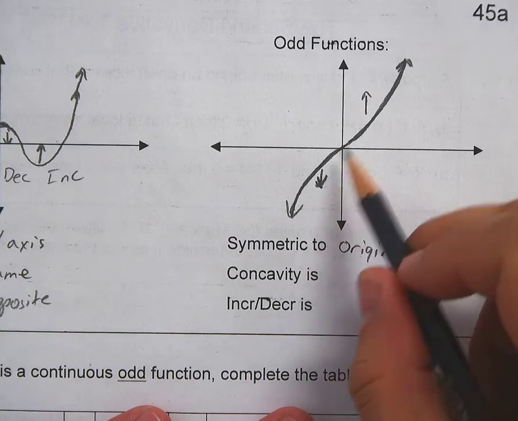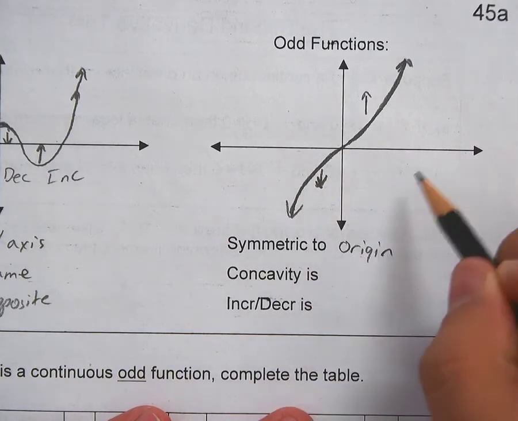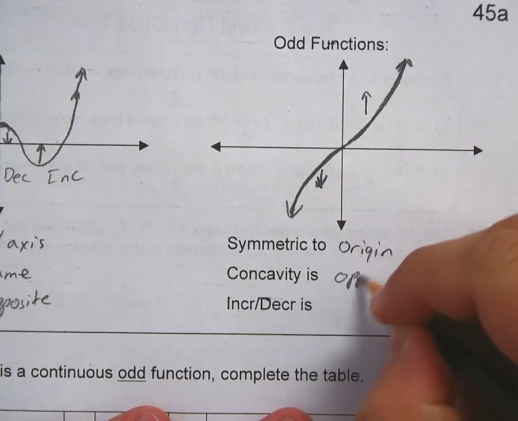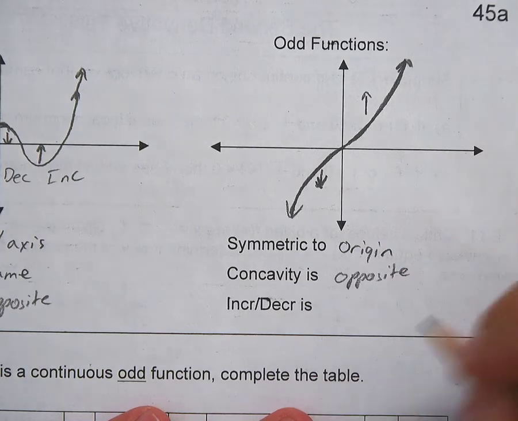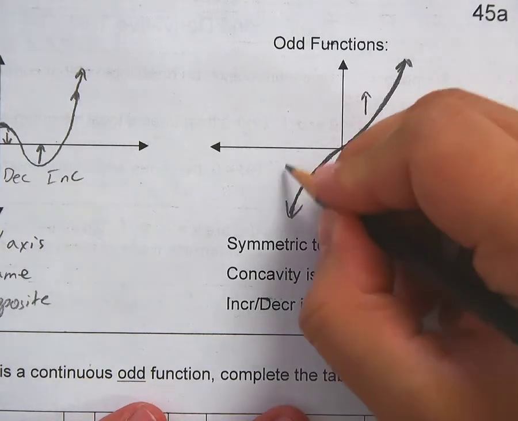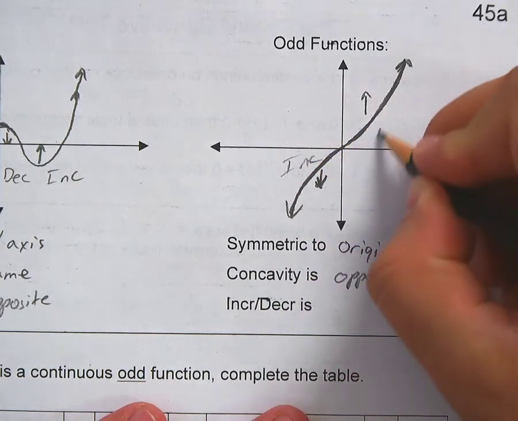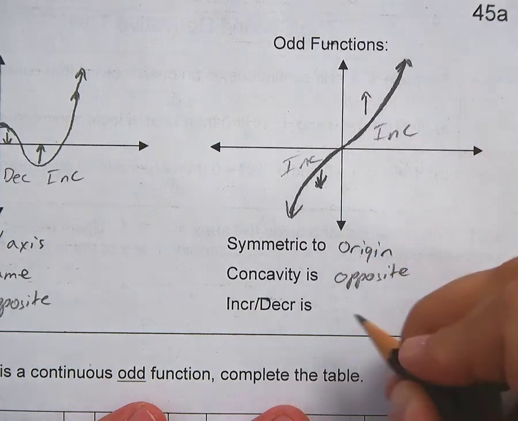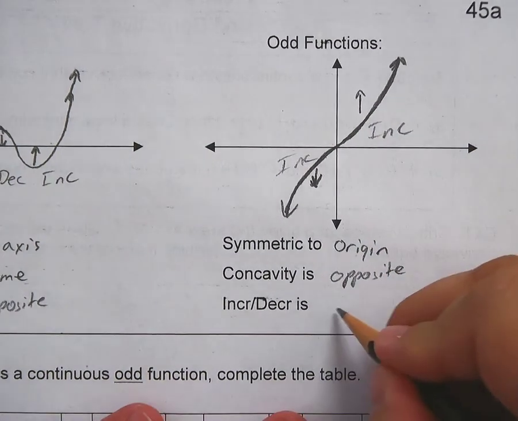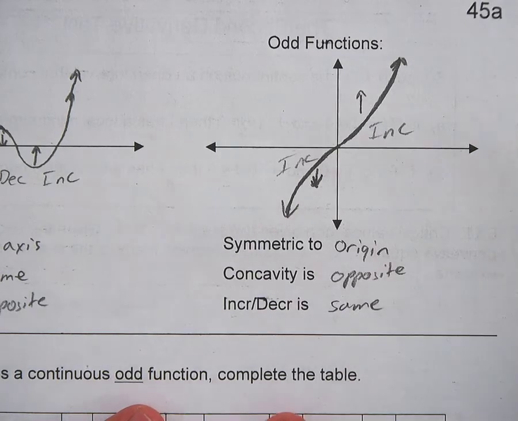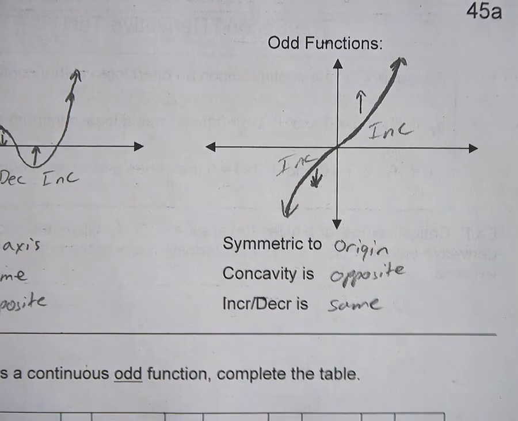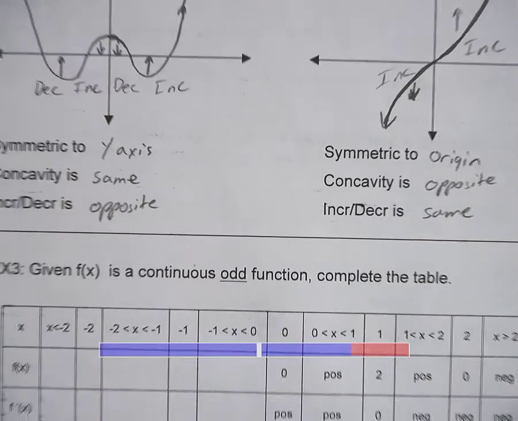So concavity, starting to the right, you're up, to the left, you're down. So concavity is opposite. And increasing, decreasing. This is increasing here. Increasing here. So increasing, decreasing are the same. Now this is something that's going to be useful to us when we get down to